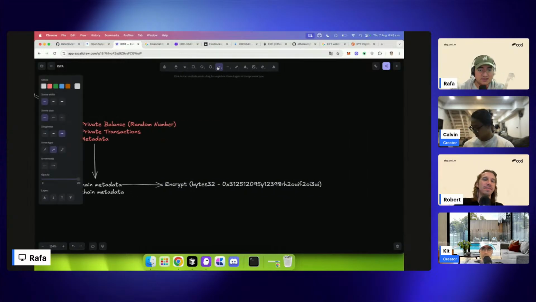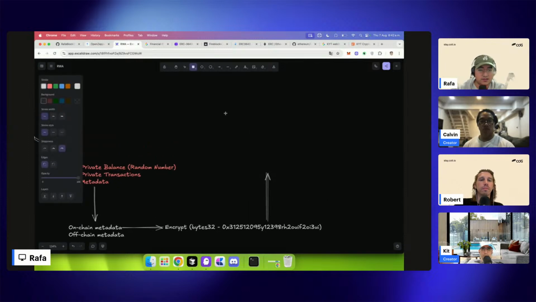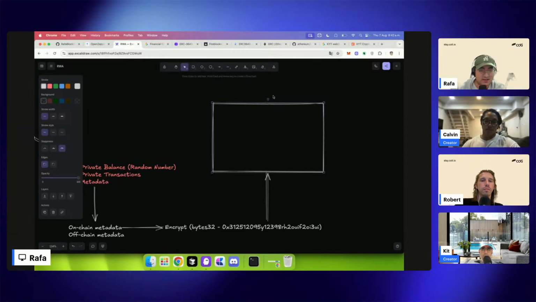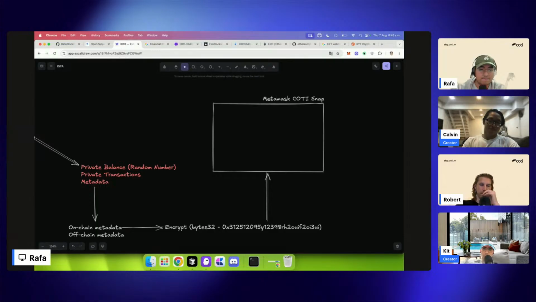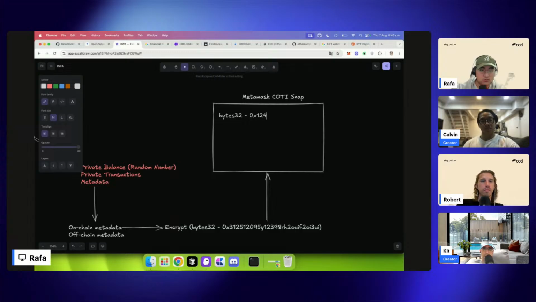Like a huge piece of data. This data is actually encrypted, but the user can open it with their AES key, with the MetaMask Snap that will be launched soon. You just write a long number, and that could be anything, right? It doesn't have to be just